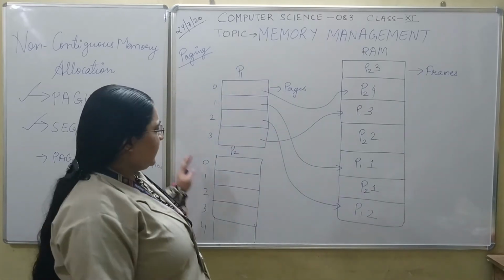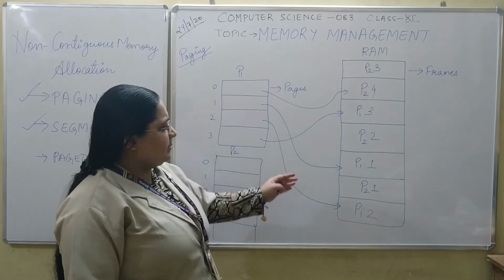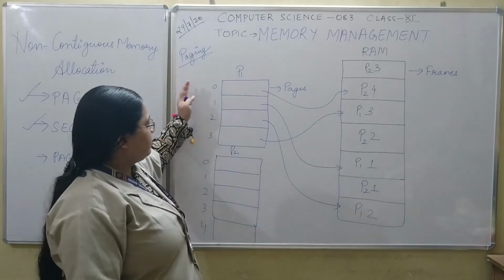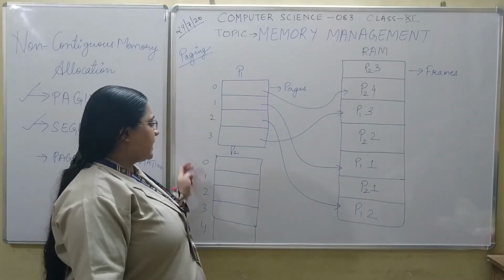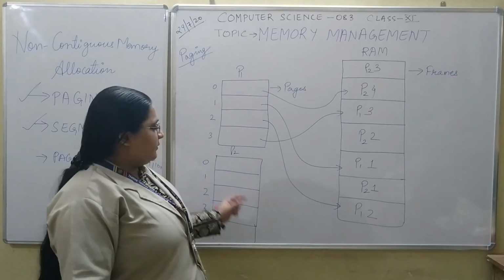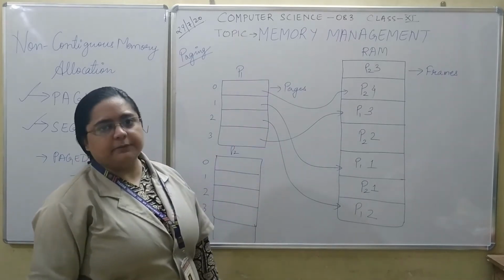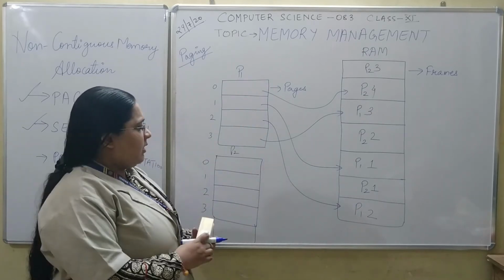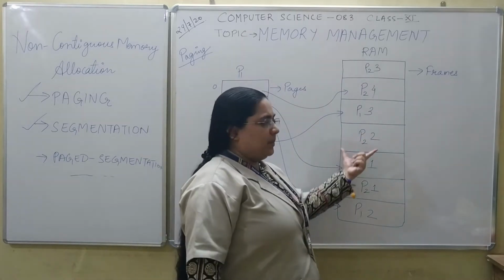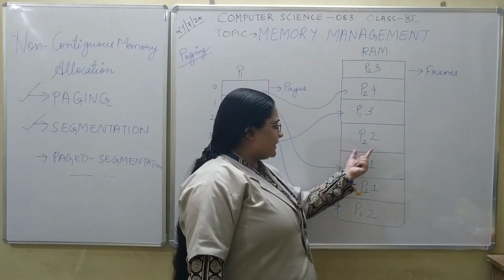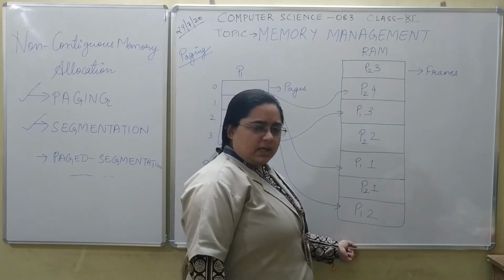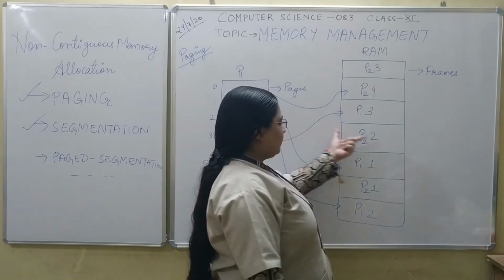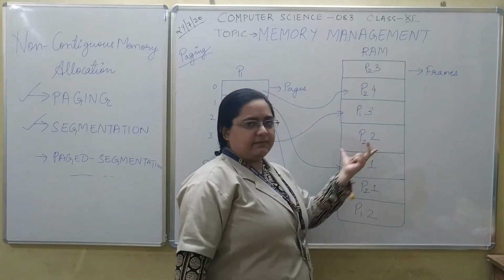RAM. So you can see that your RAM is divided into fixed size blocks known as frames, and your process is also divided into fixed size blocks known as pages, and one page is stored in one frame, and these pages could be scattered throughout the memory. Now over here you can see that the problem which we were facing of scattering of free memory has been solved, because everything is fixed over here. The frame size is fixed. The page size is also fixed. So one page has to be allocated exactly one frame.